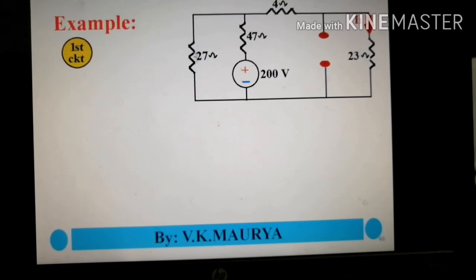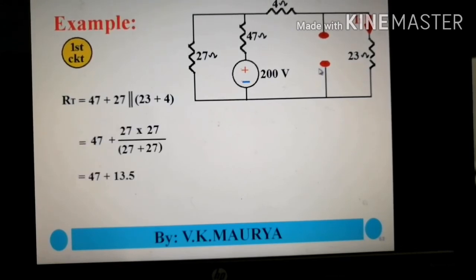Whatever the resistance connected over here, it is 27, and the resistance connected over here, it is also 27, right? See it very carefully. It is 23 plus 4, so it is 27. So current given by this source is equally divided in this part and in this part. First of all, I am going to calculate the equivalent resistance, that is the total resistance, 47, this one, and parallel combination of 27 and this 27, right? These two connected in series.